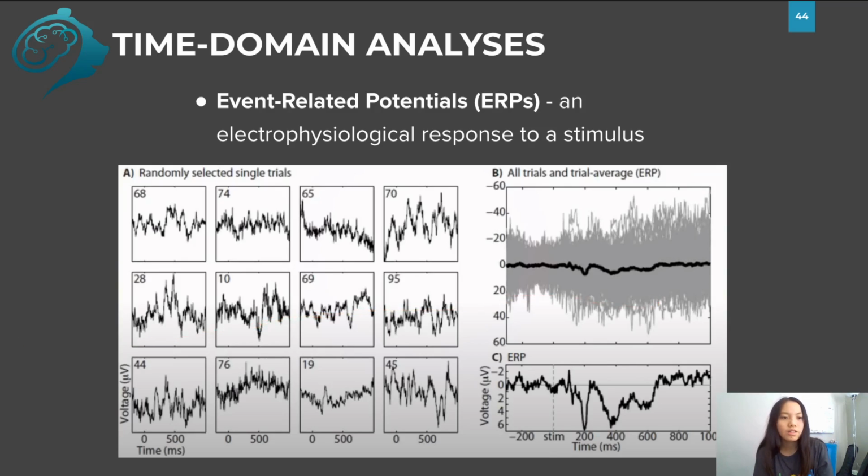So you can get very different interpretations of this. One interpretation is that single trial data is very noisy. So the large fluctuations may be indicative of a lot of brain noise or measurement noise. And so by averaging over the trials, we can get rid of the noise and focus on the relevant parts